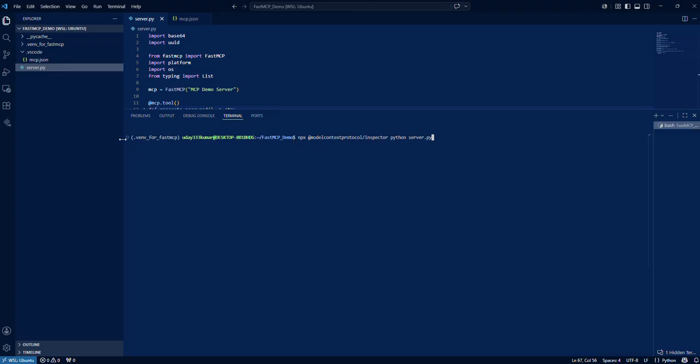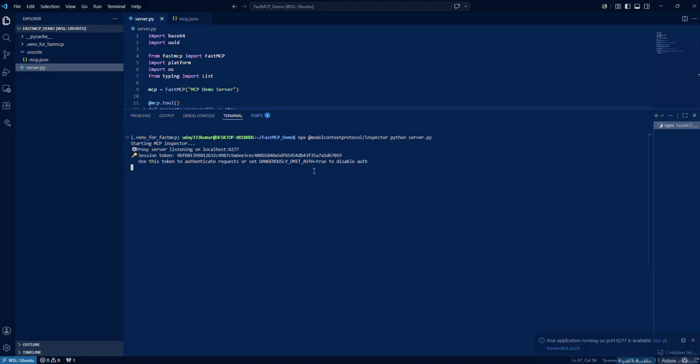So in the Linux system, I am using npx @modelcontextprotocol/inspector and the Python file which we developed for creating the MCP server. When I execute this command,